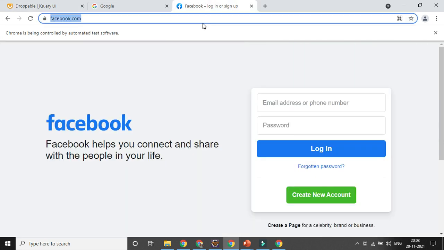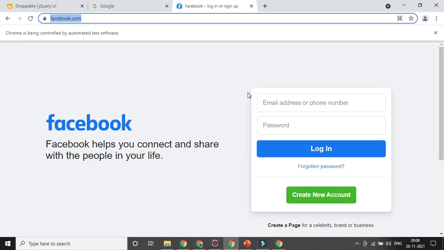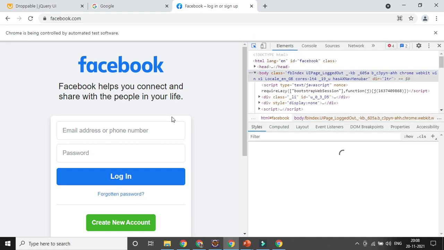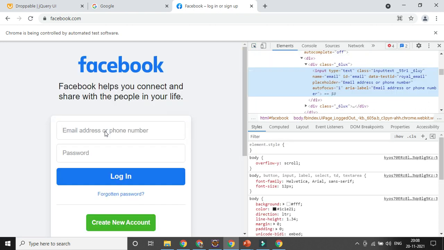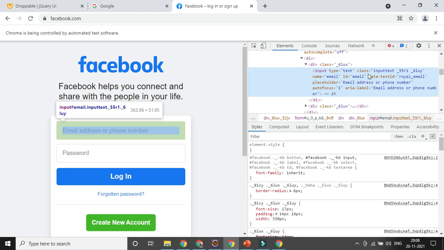Just change it. So let's try to identify some elements from Facebook. You can see here multiple options: name, ID, class, all this stuff. I will be using those options, where definitely I can get it. So let's see how you can use it.